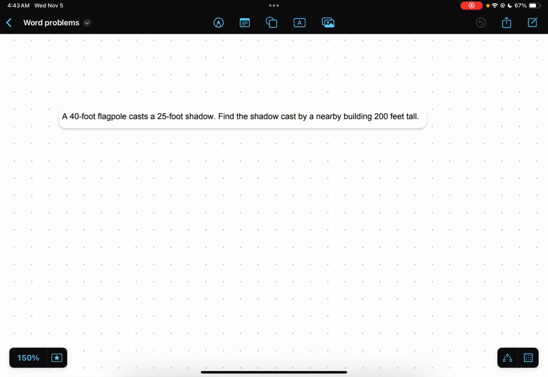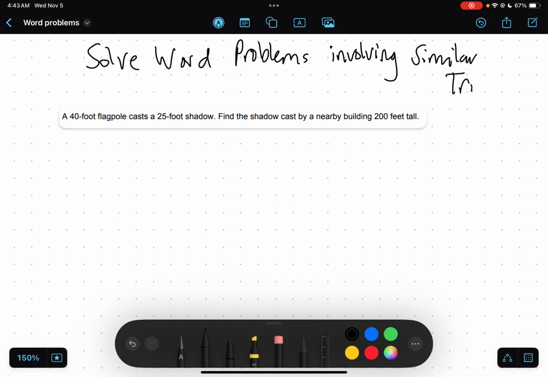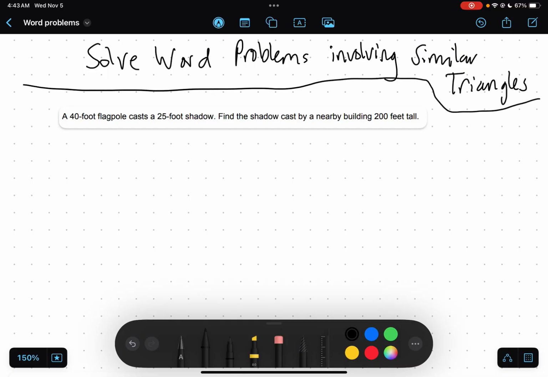All right, in this lesson, we're going to focus on solving word problems with similar triangles. So we're going to solve word problems involving similar triangles. For each problem, we're basically going to follow the same steps, and this is pretty much all